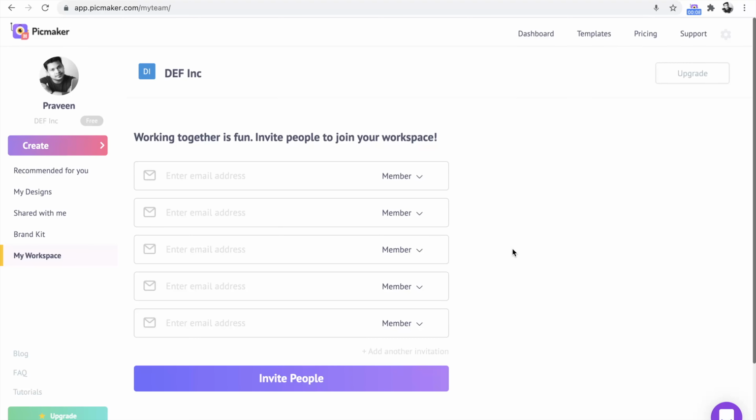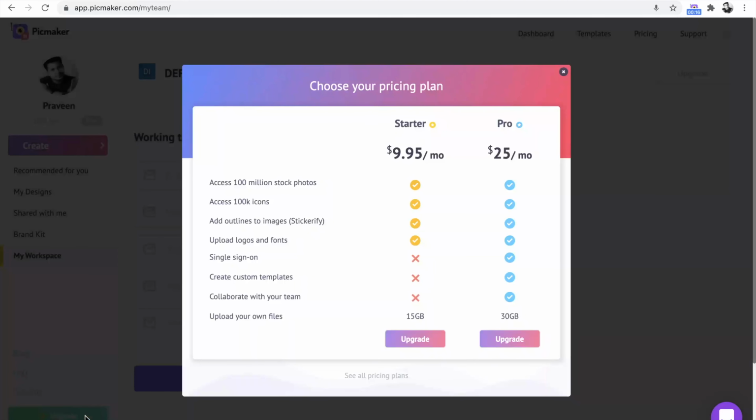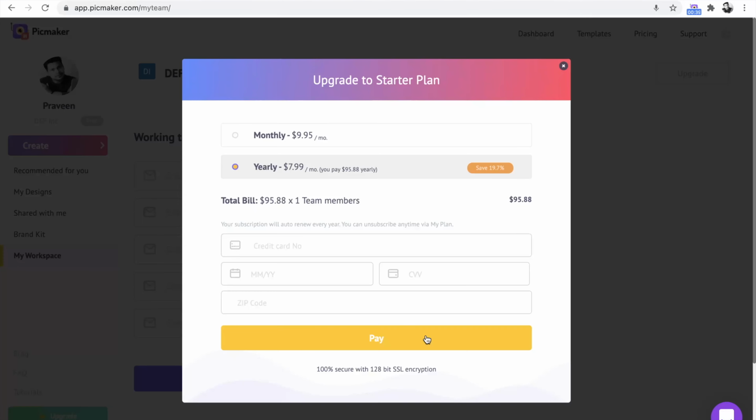There are many ways to upgrade a workspace. One of the easiest methods is by using the upgrade button at the bottom of the sidebar. In this pop-up, you can get a glimpse of the features you'll get in a Starter and a Pro plan. This side-by-side comparison helps you to decide between the best plan that matches your need. Once you're done feeding the billing details into the system, your workspace will get upgraded in no time.